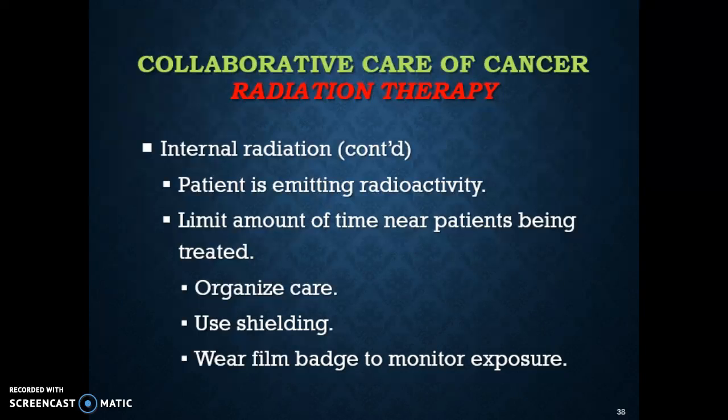As I was saying, during the time that the patient has this internal radiation, they are emitting radioactivity. There will be very specific policies on how much time that you limit being near the patient that's being treated. They will be kept in a special care area where there is lead-lined shielding that helps protect the caregivers that are coming in and out of that room to provide care to the